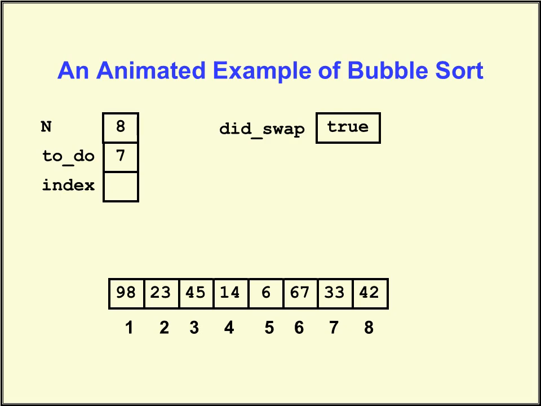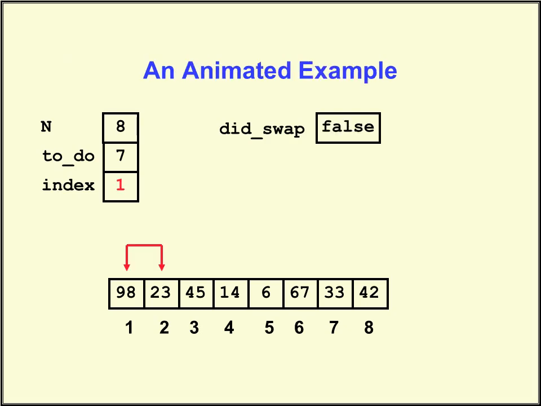The index value will start from the first, from where we start the comparison. So we start the comparison from the first index value, that is from 98. We check whether the first index value is greater than or less than the second value. We want to sort this list in ascending order, so we check whether the first element is less than the second element or not. 98 is the first element, so we check whether 98 is less than the second element or not.